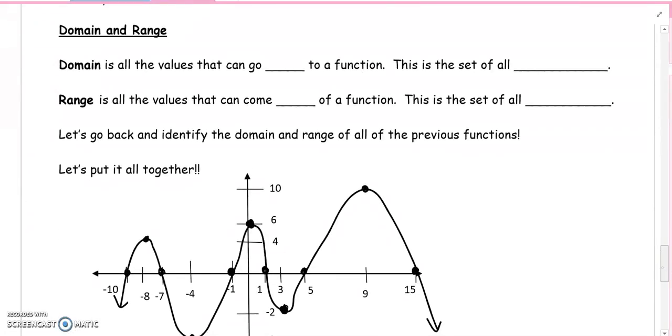Alright, next thing we have is domain and range. Domain is all of the values that can go into a function. So this is the set of all of your x values. Range is all the values that can come out of a function. So that's the set of all your y values. So we're going to go back actually to the graphs we've already looked at, and we're going to identify the